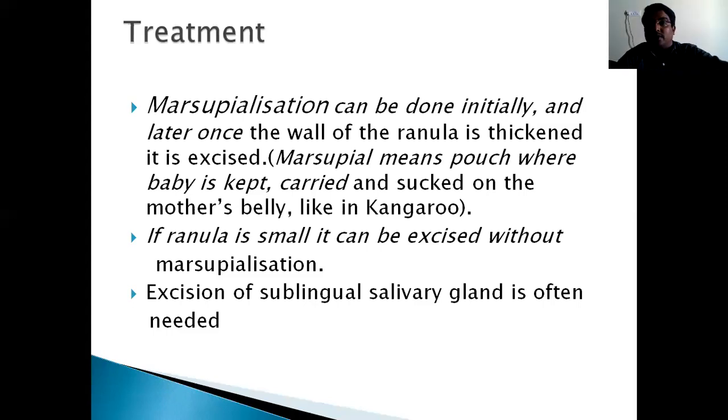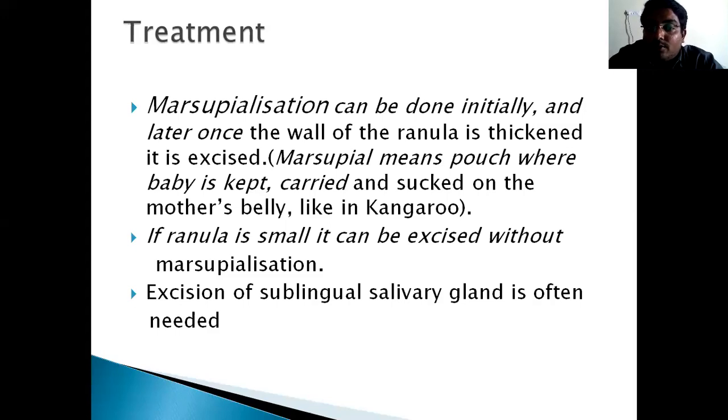See, what is marsupialization? If a cyst is present, what will you do? We will give a slit incision on the swelling, then we will drain the fluid. At the edges of the slit incision, we will put sutures to the surrounding tissue. Then whatever fluid is there will come out. It is a continuous drainage procedure.